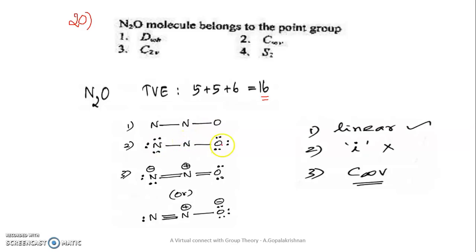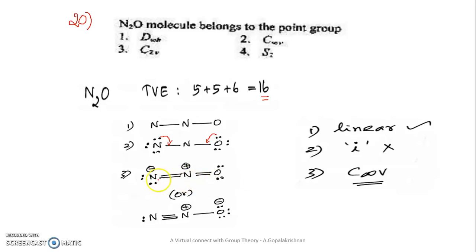Keep the central atom as such. Complete the octet for these 2. So this bond has 2 electron, 2, 4, 6, 8. Similarly, this bond has 2 electron, 2, 4, 6, 8. Now count the total. 2, 4, 6, 8, 10, 12, 14, 16. So 16 electrons are there, and we have total valence electron as 16, so which is completed here. Now the central atom is not octet, so bring 1 lone pair here, bring 1 lone pair here and make it into double bond. Similarly, bring 1 lone pair here and make it into double bond. So you will get this structure. Are you able to understand?